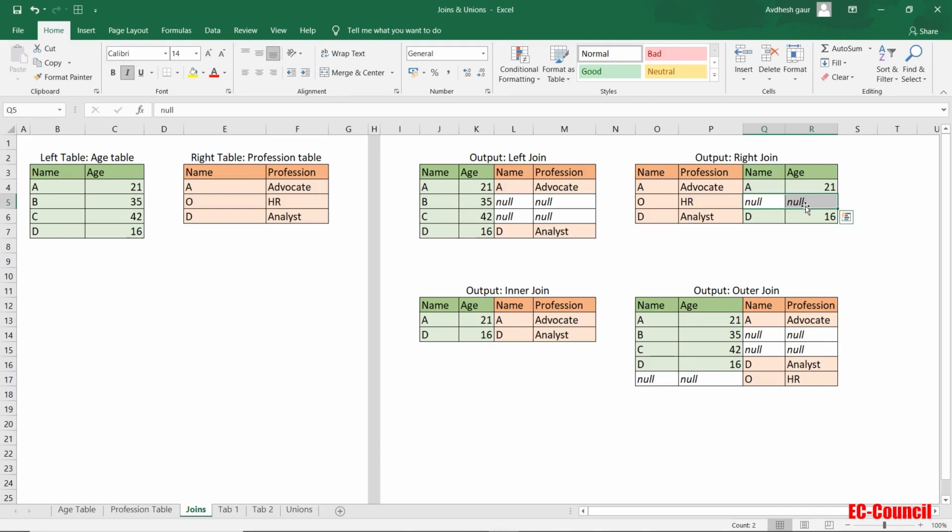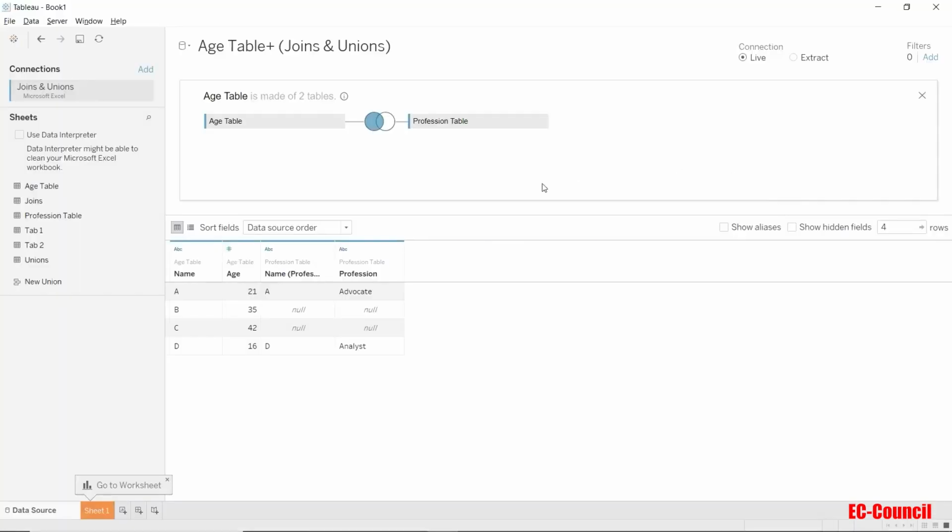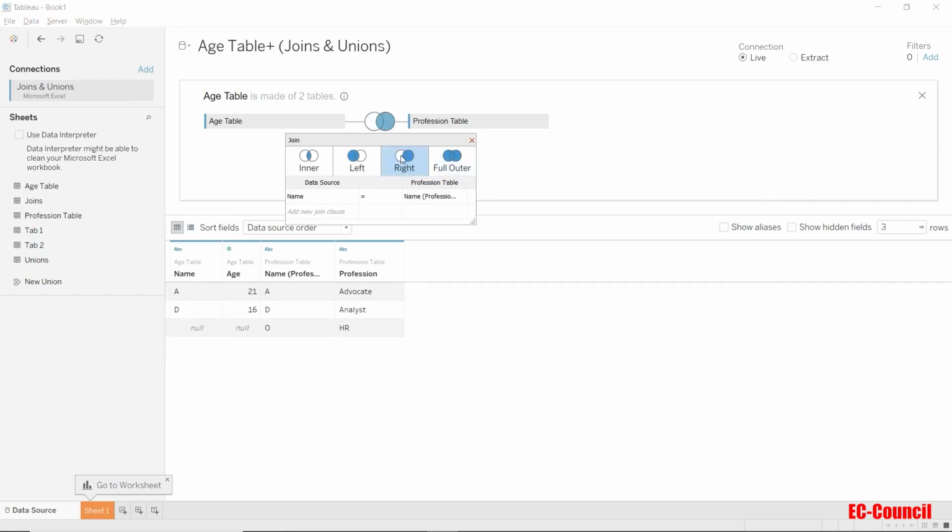And that's why the age of O is mentioned as null over here. Let us quickly implement this in Tableau. All we need to do is click on the Venn diagram and change the join type to right join. Again, we can verify it by having a look at the data pane,